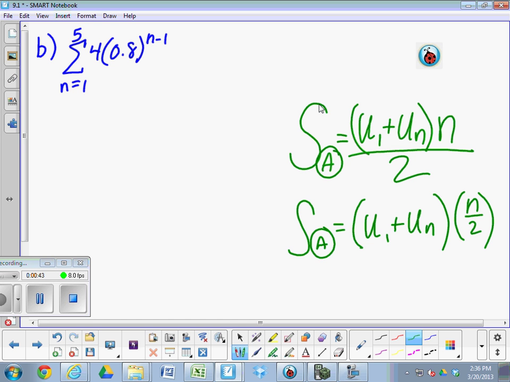What does this little A stand for? Arithmetic. And when you see this formula, that is not arithmetic. It contains an exponent, making it geometric. All right? What we learned about way back in Unit 1 was that